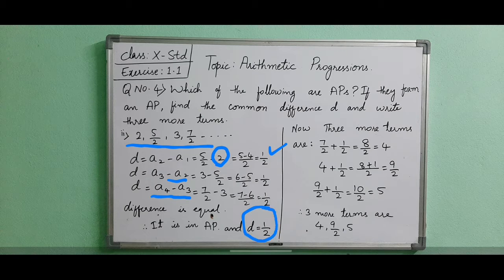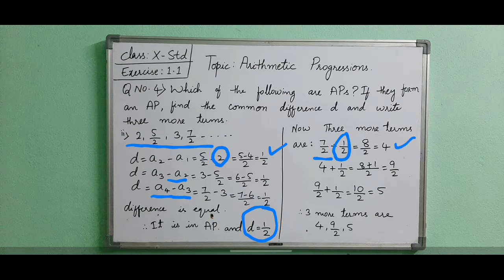Now what is given in the question, if it is in AP, find 3 more terms. So we are finding 3 more terms here. The last, fourth number is 7 by 2. So to 7 by 2, if we add the difference, we will get the next term. 7 by 2 plus 1 by 2. 1 by 2 is the difference. As the denominators are the same, numerators can be added like fractions. 7 plus 1 is 8. 8 by 2 means 2 1s are 2, 2 4s are 8. So we are getting the fifth term as 4.